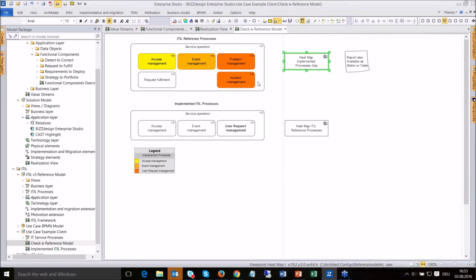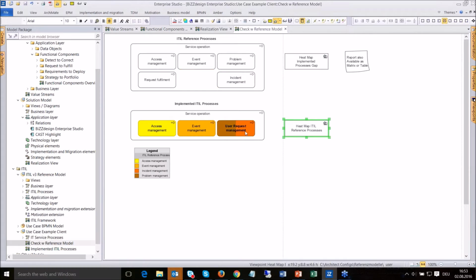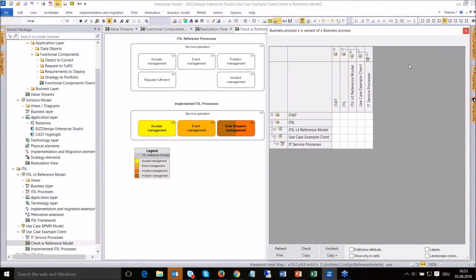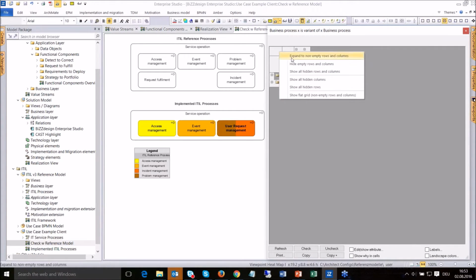And the other way around, I can do the same based on the relations in the model package in the repository. So you can see an overlap and which processes support what. So this is a graphical way which is very suited for presenting information to different stakeholders. But of course, you can also represent this kind of information in a matrix. And if we expand to the non-empty rows and columns,